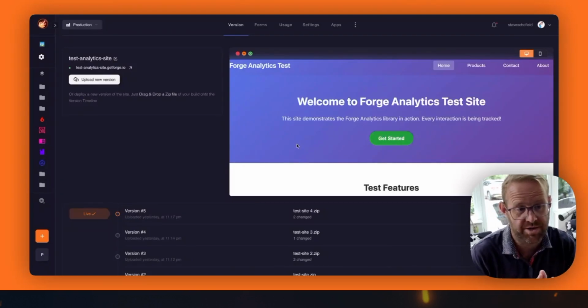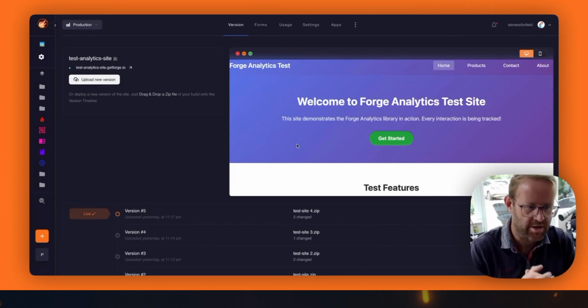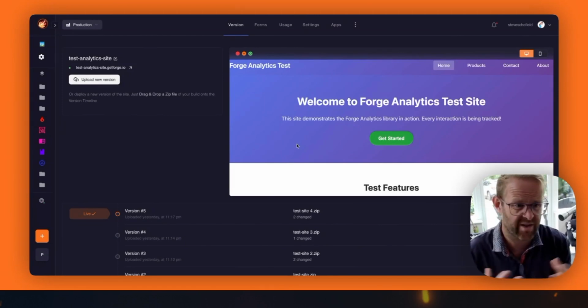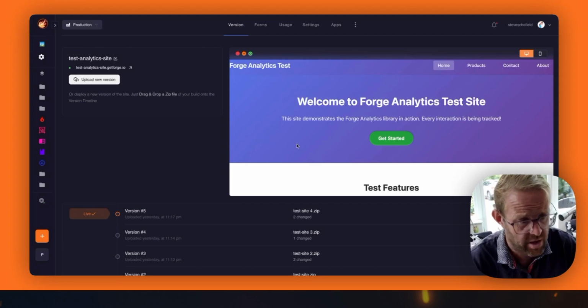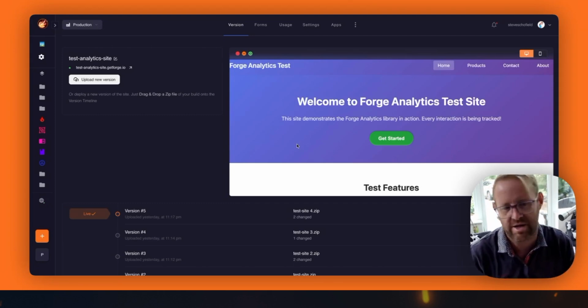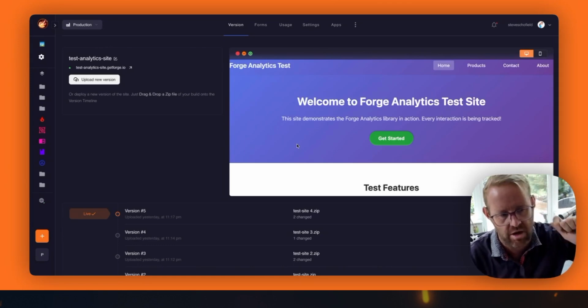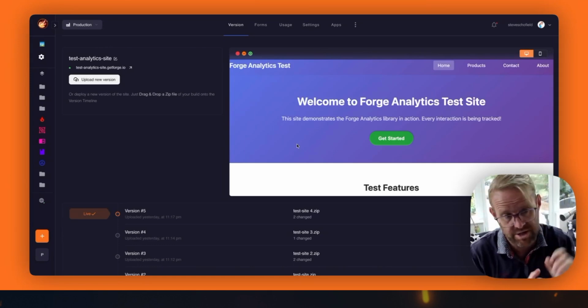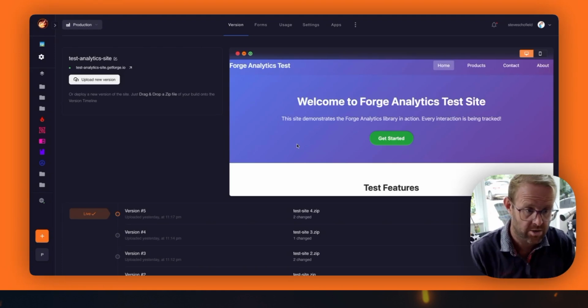So I've always wanted analytics in Forge, and I've always resisted because actually, for analytics, there is a raft of best-in-class tools out there that you really should be using when you're deploying a website. But still, it has always niggled away at me that sometimes I don't need to go to Google Analytics. I don't need to go and look at the Google Analytics dashboard because actually my needs are a lot simpler